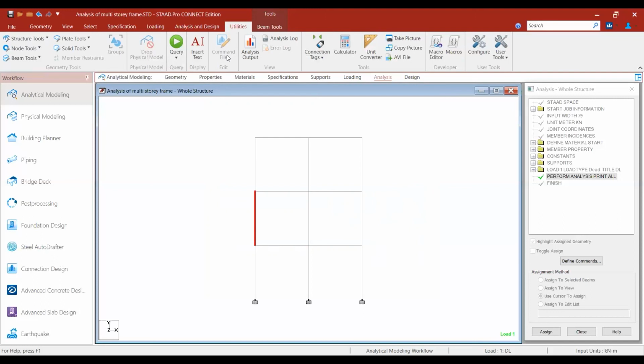You can see everything in the command file, and you can change it directly also. This is the command file. So this is the analysis of multi-story frame.